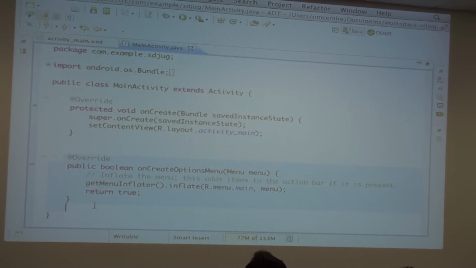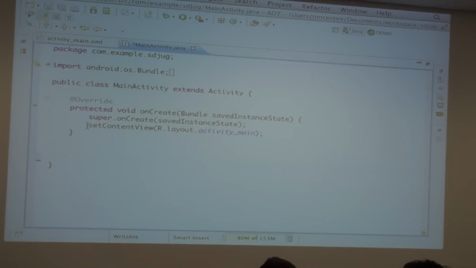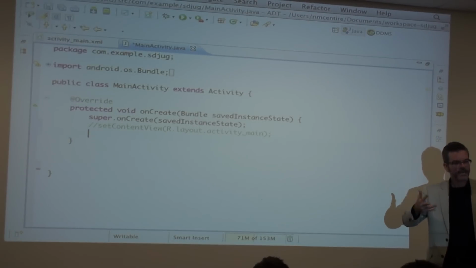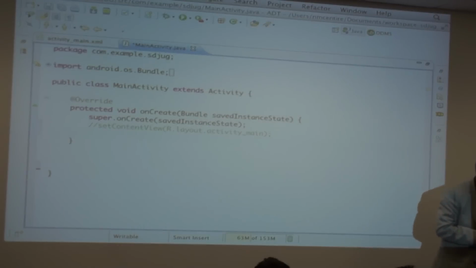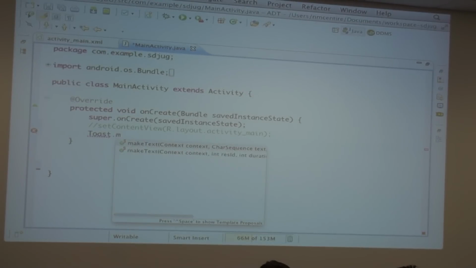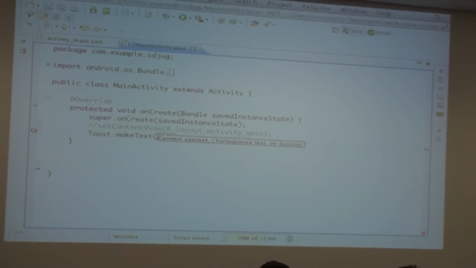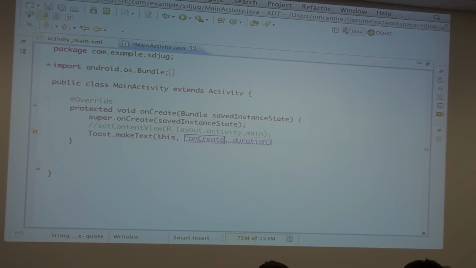Now, I'm going to delete some of this code. I want to focus on starting at the bare minimum level. onCreate is your first opportunity to do something. onCreate is when the activity is created and you can start doing whatever you need to do. What we're going to do in our case is type Toast. We're going to do something called a Toast. And we're going to make the text, and we're going to give the context to this, and I'm going to say, when we come into here, we've got the onCreate, and the duration, Toast.LENGTH_LONG,